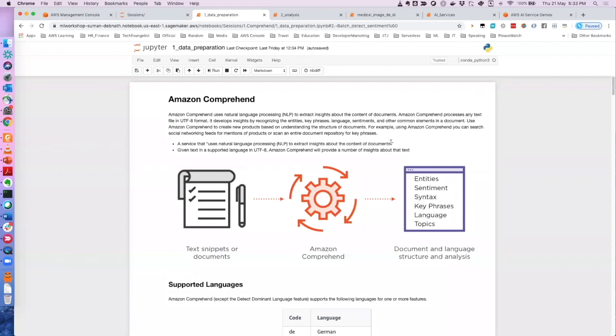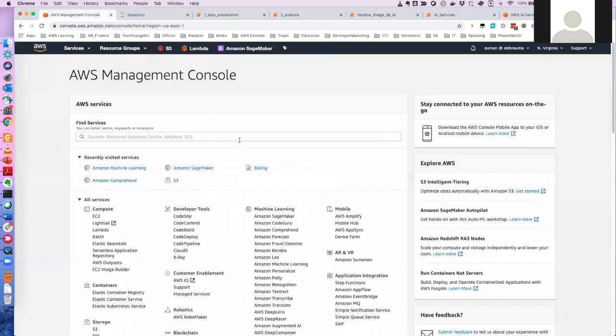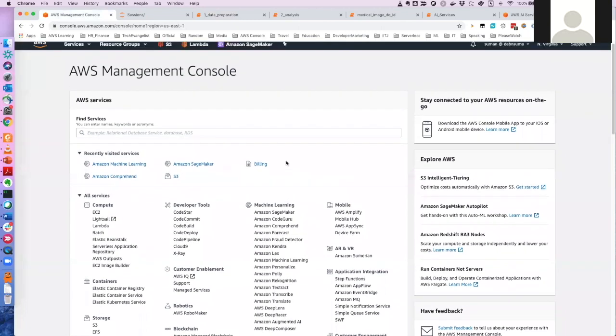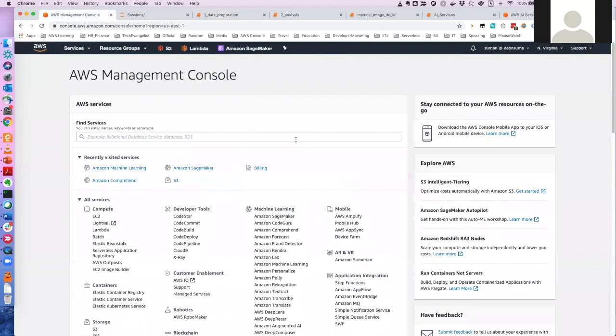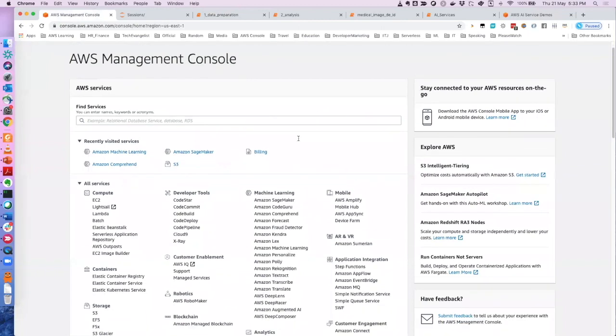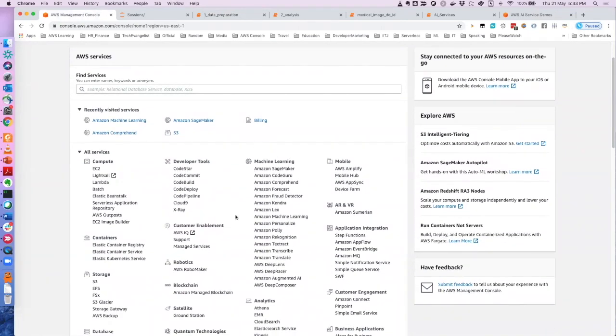To give you a brief about Amazon or AWS machine learning services, we have lots of services. If you come to the login page of the AWS console, you will find all of these services under machine learning. These are all our offerings under machine learning. There is a service called Machine Learning as well, but this is deprecated, so you can ignore it. Everything now came under SageMaker.